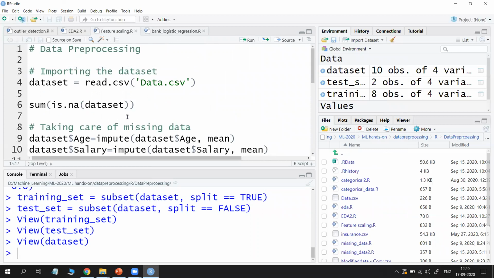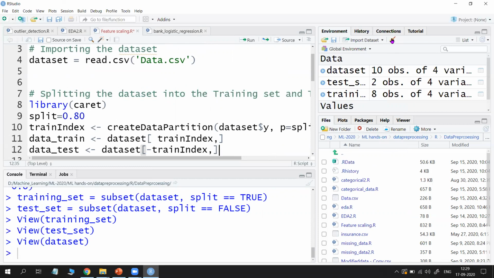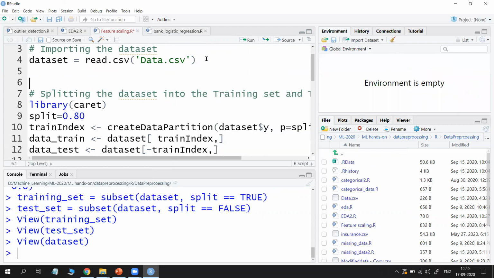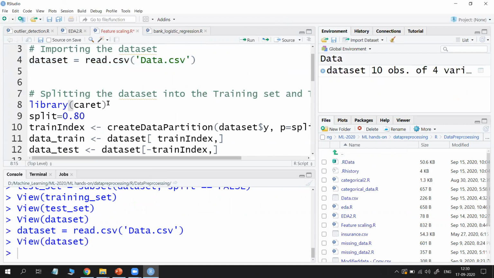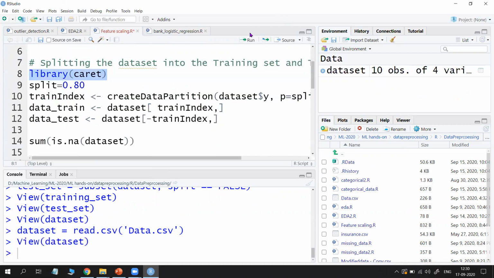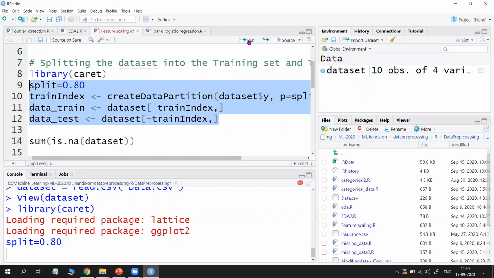Don't consider the remaining, I just removed everything. Now see, once again data set is equal to read.csv. So this is your data set, 10 samples. Now by using this caret package, once again, library caret. If it is not there, go to tools and install it. And see, split is equal to 80%, run it.